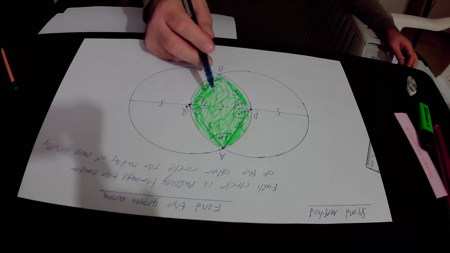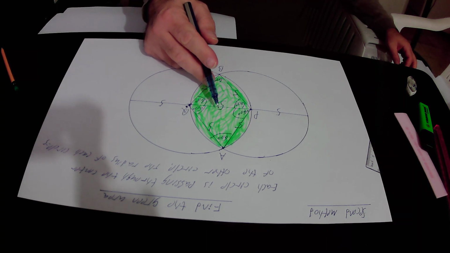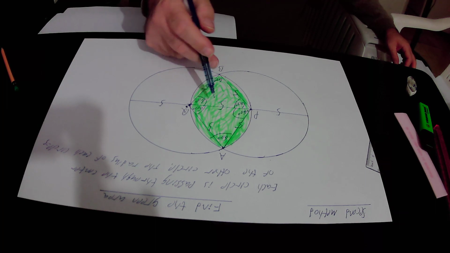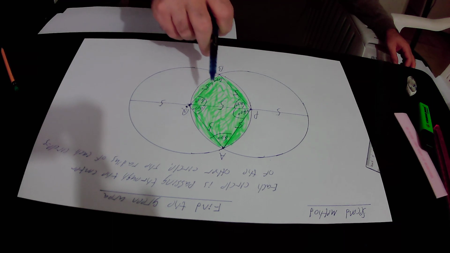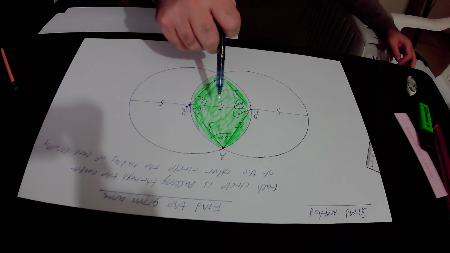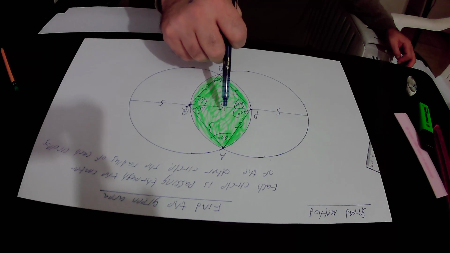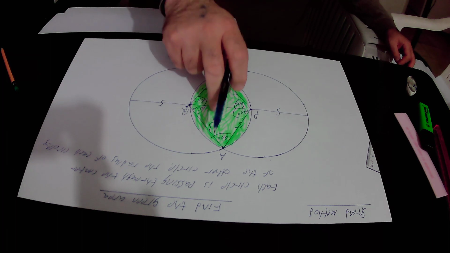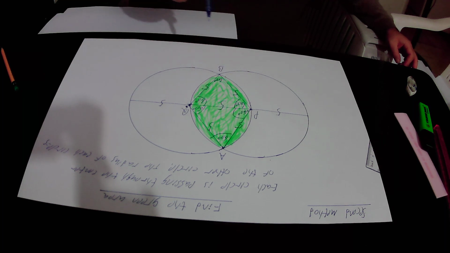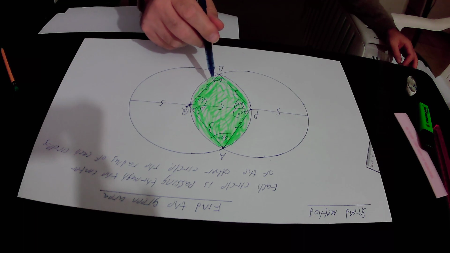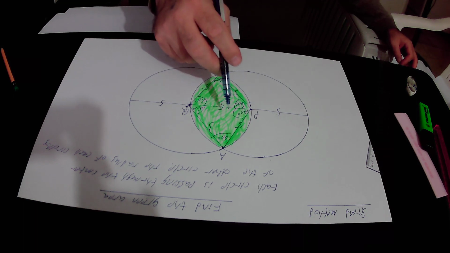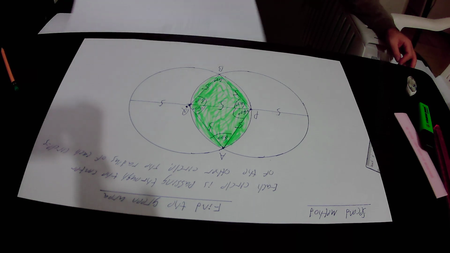So the area of those two equilateral triangles will be equal to 2 times the area of the equilateral triangle APQ, because those two triangles are congruent to each other, they have also the same areas. So the area of triangle APQ plus the area of triangle PBQ will be equal to 2 times the area of triangle APQ. So the required area